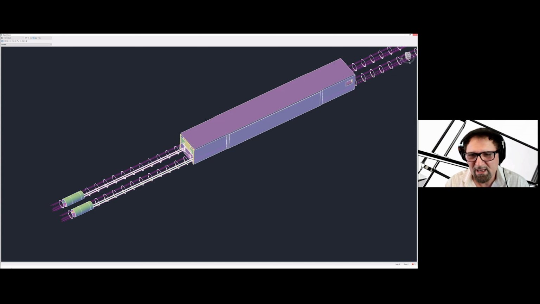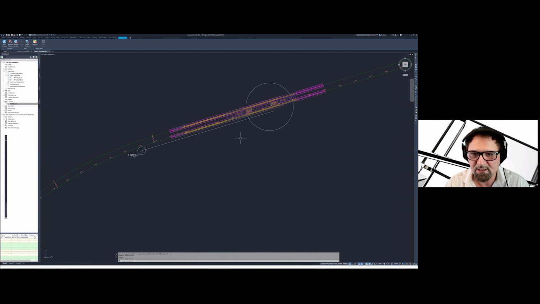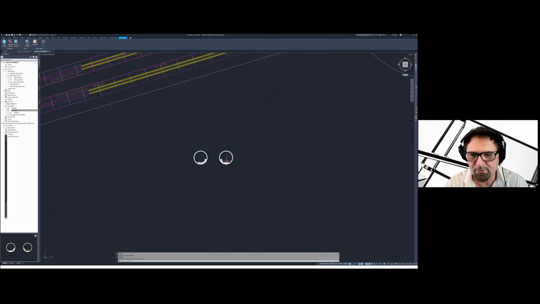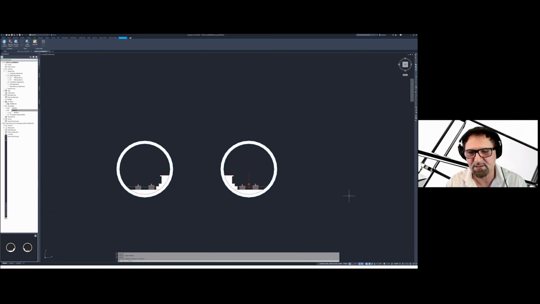The way this was achieved, obviously, the typical cross section for Civil 3D is that of a tunnel. So I had to develop a couple of cross-section assemblies in Civil 3D, and you can see their details. The main line alignment is running along those tracks on the right-hand side, and then we also use the offset track alignment to control the relationship between the two.